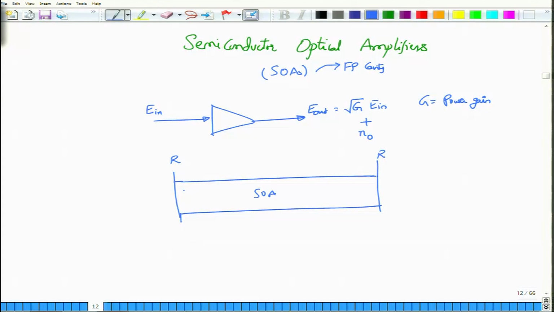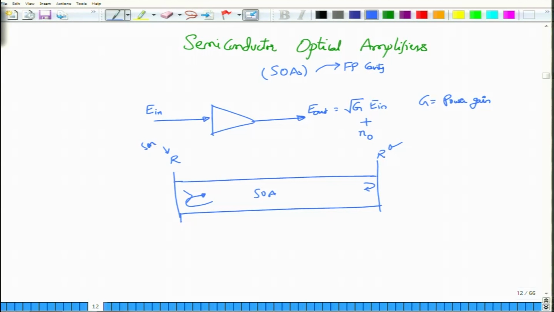As the mode starts to propagate, it would get fed back here. Almost all of the optical mode would be fed back, which would then pass through the SOA gain medium in between and induce more stimulated emission, and when it comes back to the first mirror, it will again be reflected if R is very close to 1. This process continues to happen, and thereby you will essentially have a nice laser, but that is not what you want. What you want is not a laser, what you want is an amplifier. Therefore, you keep these R values quite small.